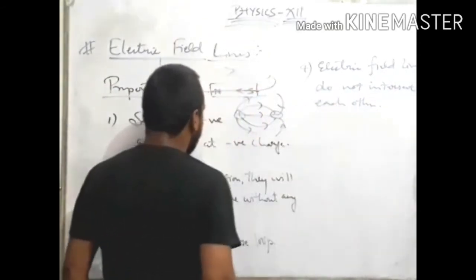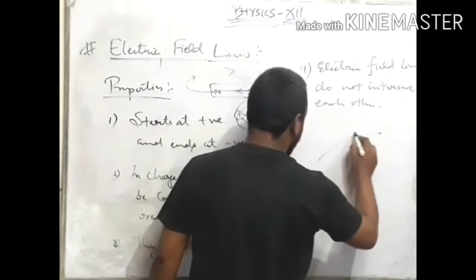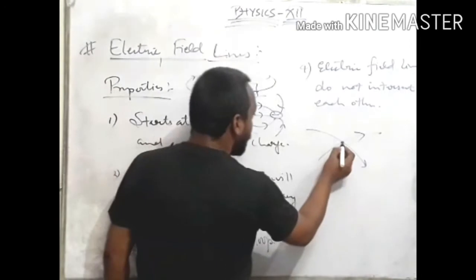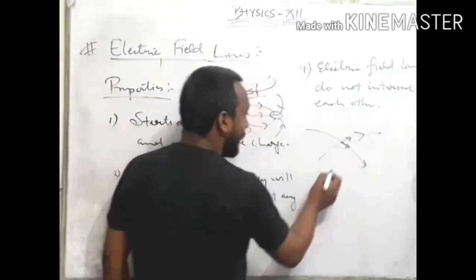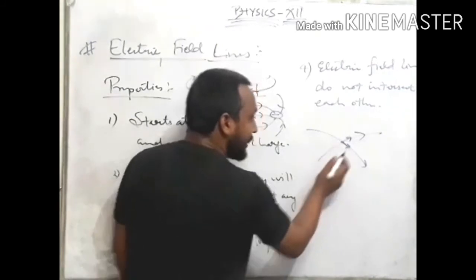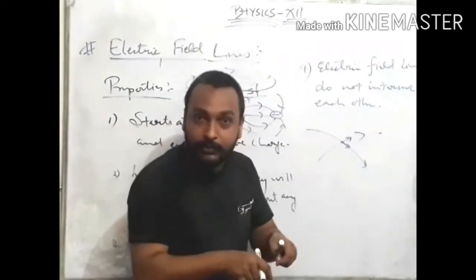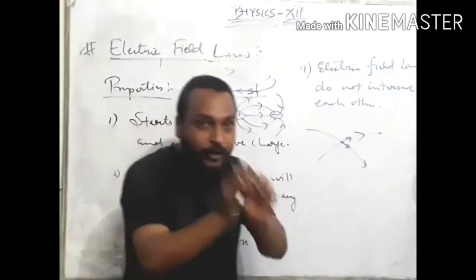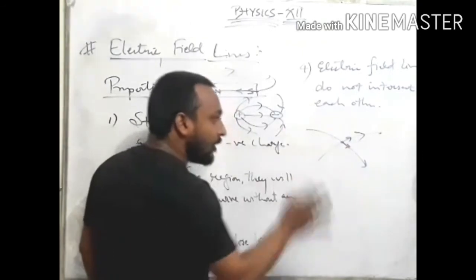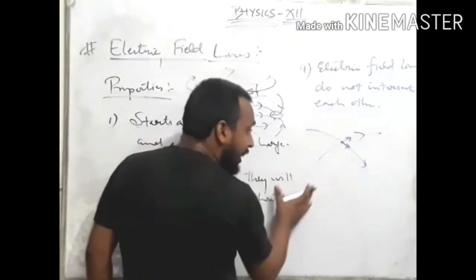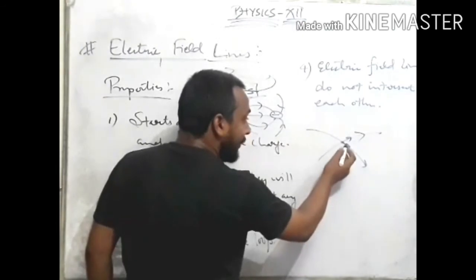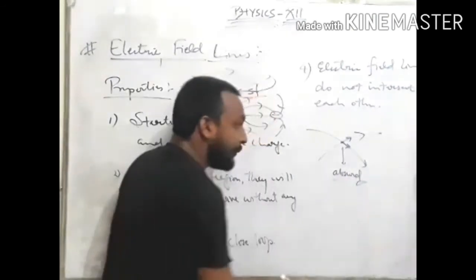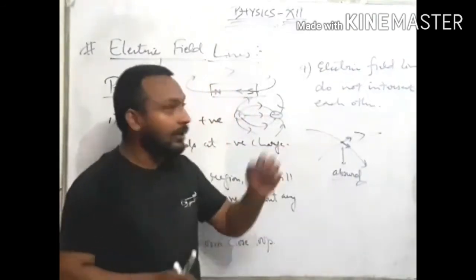Okay, fine. So electric field lines do not intersect each other. Here, suppose one field line is this and another is this, and at this point, if they are intersecting, they may have 2 directions. Can at any point any test charge move in 2 directions at a time? At a time, can any test charge move in 2 directions? No, it is not possible at all. So experimentally it has not been found. We can say that if they intersect each other, there will be 2 directions at a point, which is absurd. It cannot happen, so they will not intersect each other.